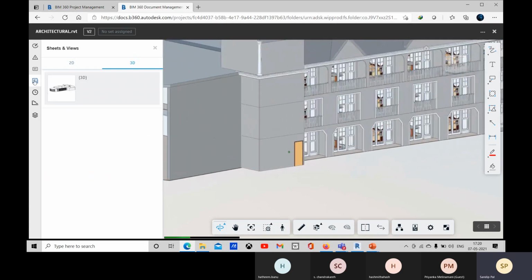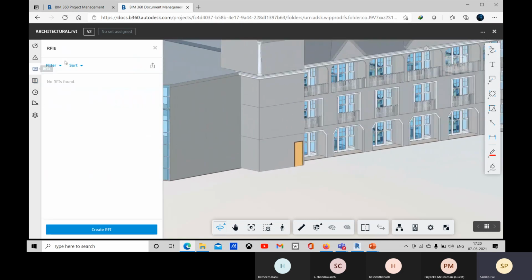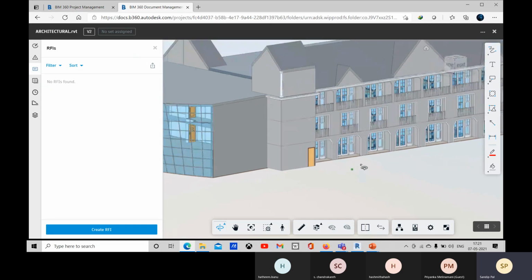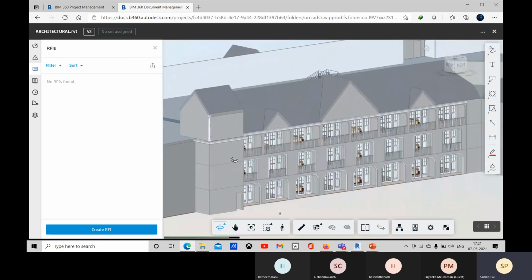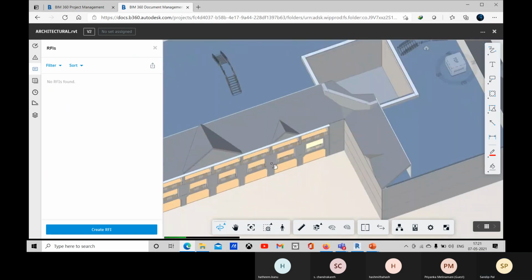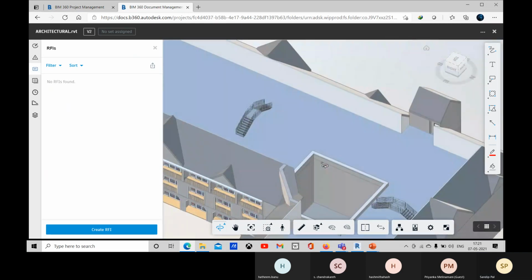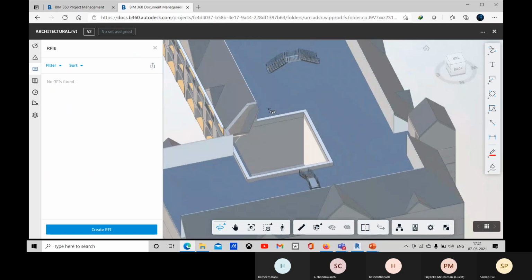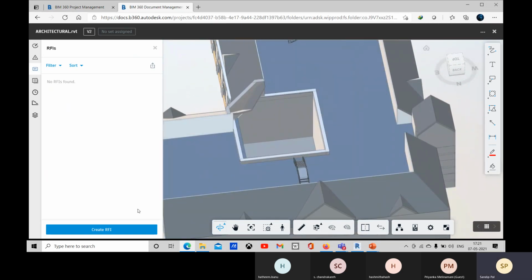Okay, and there you can create an RFI. So here you will find this RFI section, and here you can create an RFI with this model. Okay, within this model you can create the RFI. So let's create one RFI here.